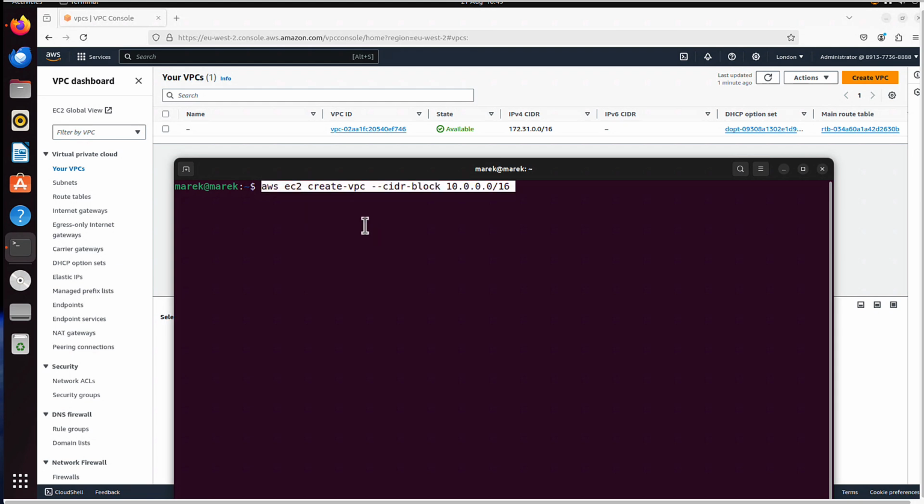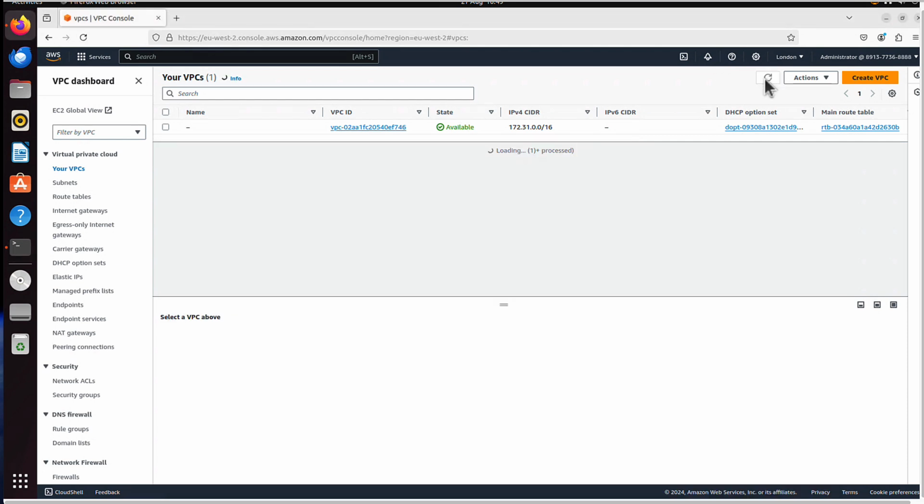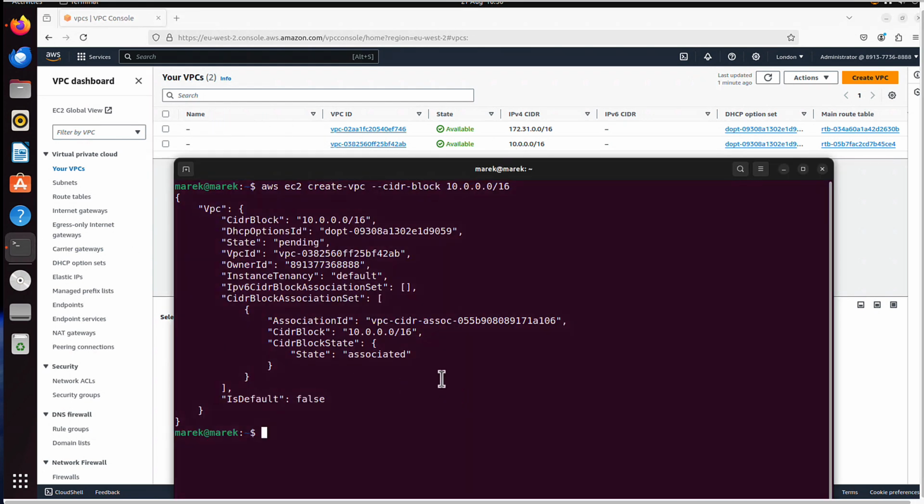This is the first command I need. I want to create a VPC with a CIDR block of 10.0.0.0/16. Press enter. And that's it. The VPC has been created. So if I refresh now in the background, you can see a new VPC with the prefix I requested. But it doesn't have any name here, so we can change that. But before we do that, let me run one more thing. I want to save this VPC identifier as a variable. And I will call that variable VPC_ID. And then I will copy it together with the quotation marks.